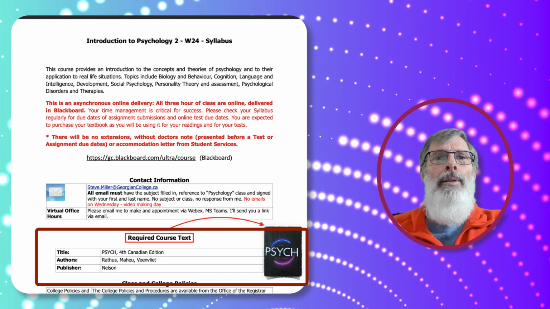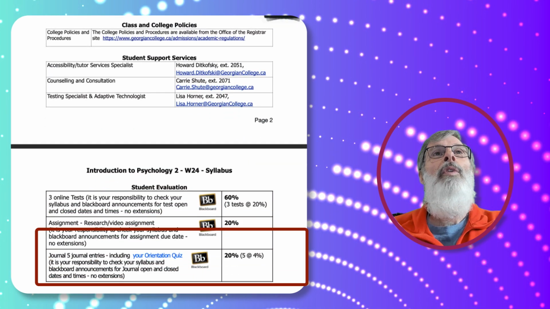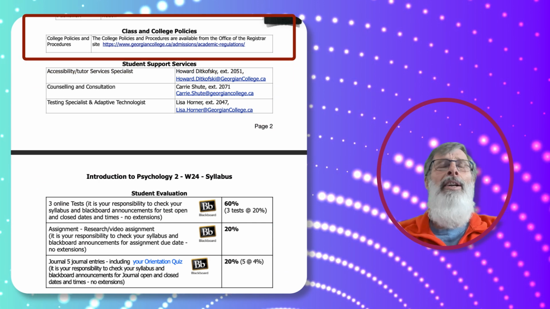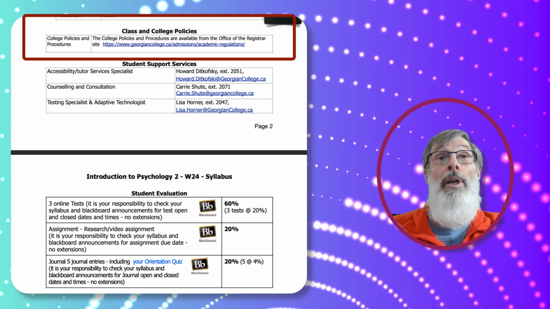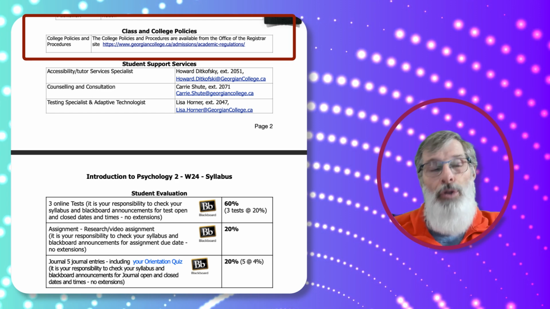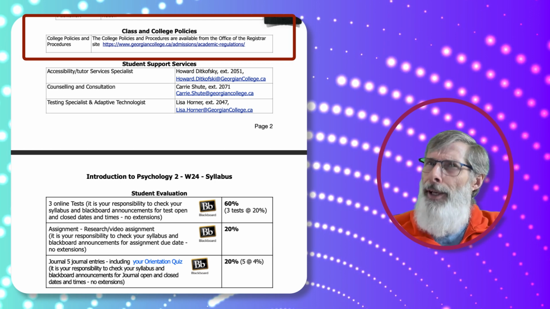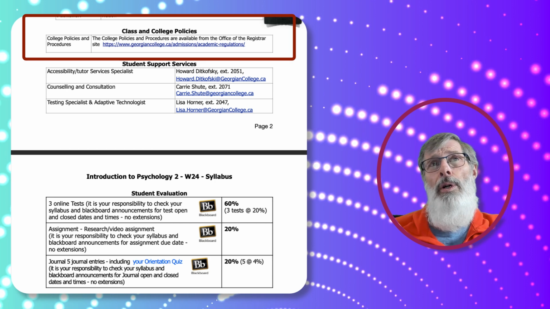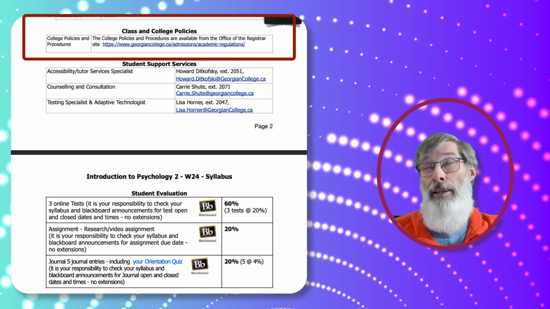All right, let's carry on and move down a little further. I'm going to move to here. The class and college policies. Now this is important from the point of view that a lot of times when students don't have good time management or neglect to put things into a calendar, they forget that things are due. They get overwhelmed with other work and other responsibilities. I appreciate that.